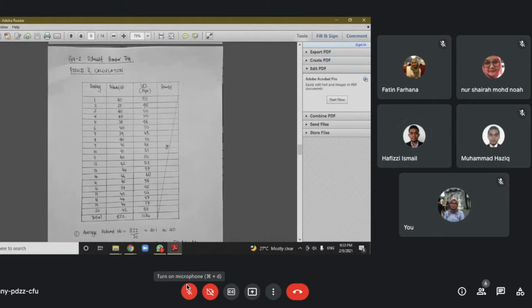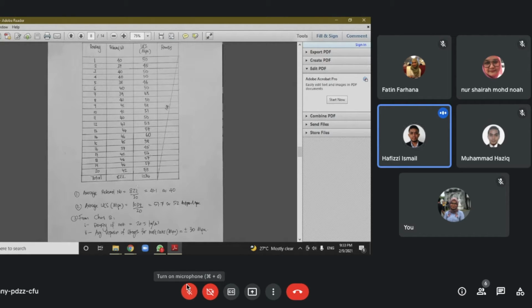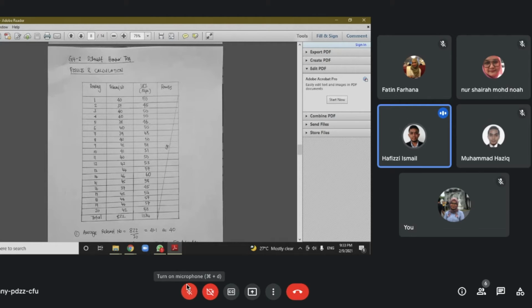Okay, for the data, we have about 20 rebound readings. We must find the UCS value for all the rebound numbers from 1 to 20, and then find the average rebound number and the average UCS. So the method to find the UCS value is